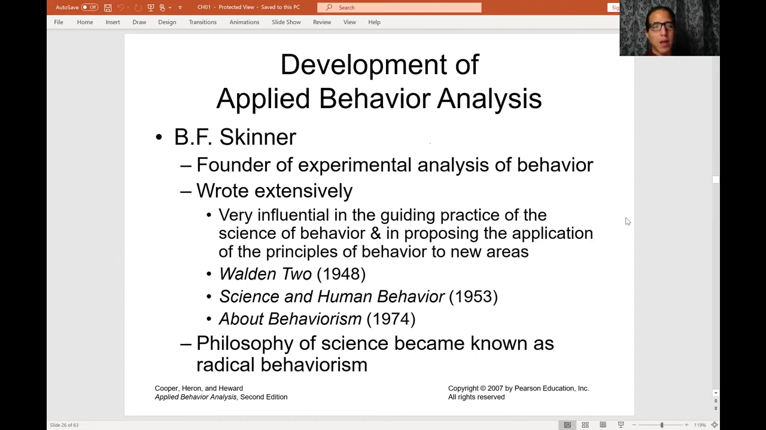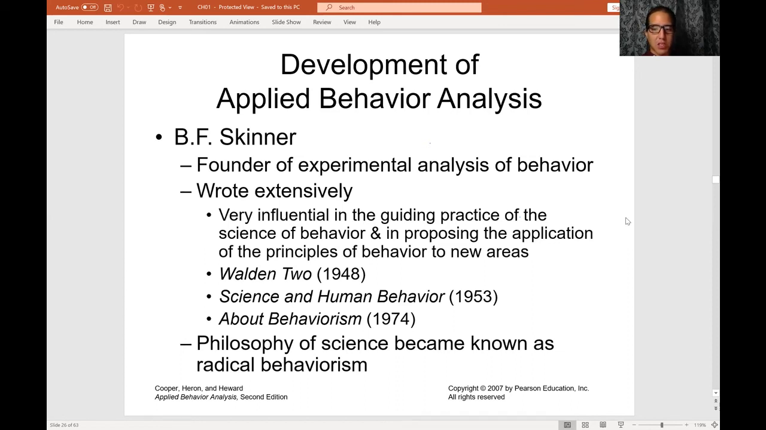Person. B.F. Skinner, the founder of experimental analysis of behavior. He wrote extensively. He wrote so much. And he was very influential in guiding the practice of the science of behavior and in proposing the application of the principles of behavior to new areas. Walden 2, a book in 1948, a beautiful book that talks about how we can use the technology of behavior to create a society